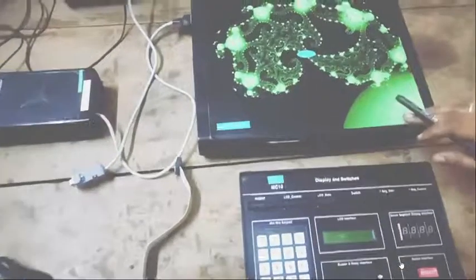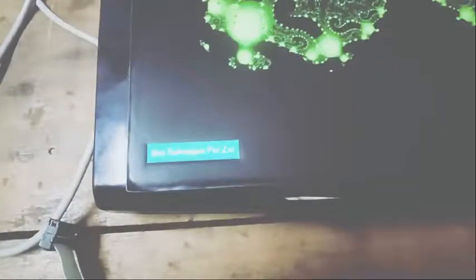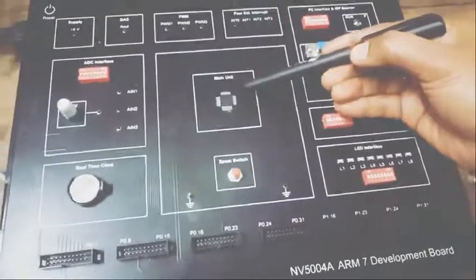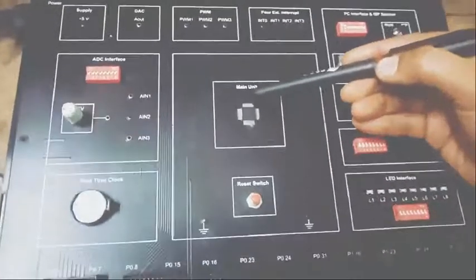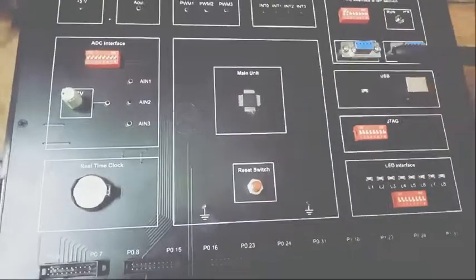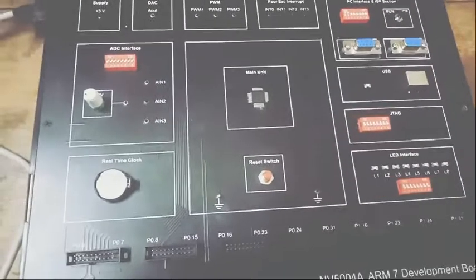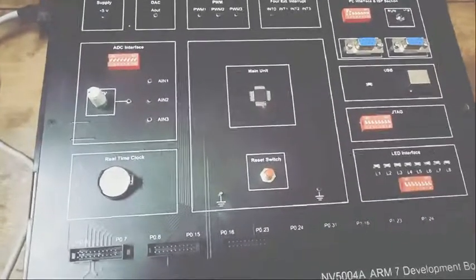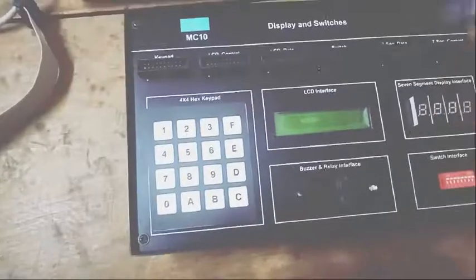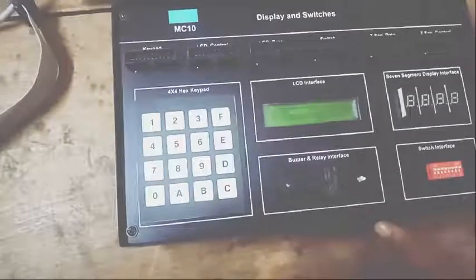For this one, we require an ARM board. This contains an ARM microcontroller, that is LPC2148 with 64 pins, and to interface a module, a buzzer module. So this is an interfacing module.